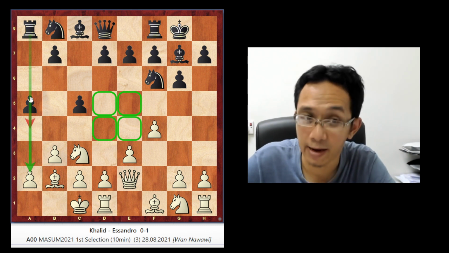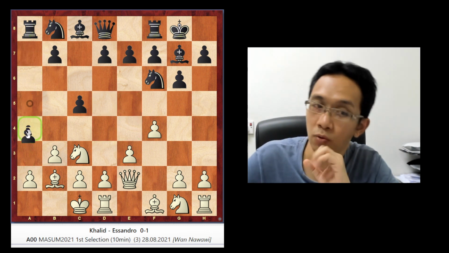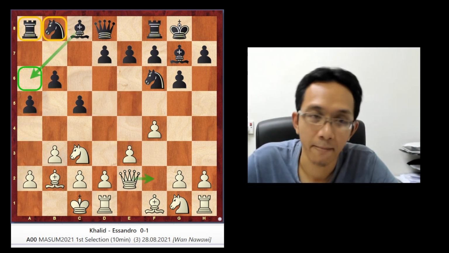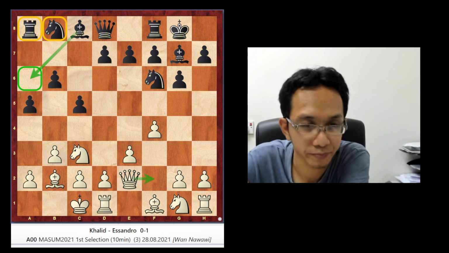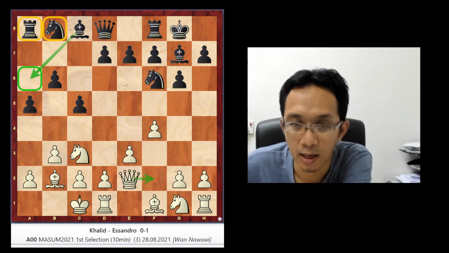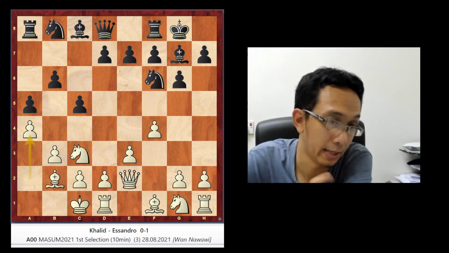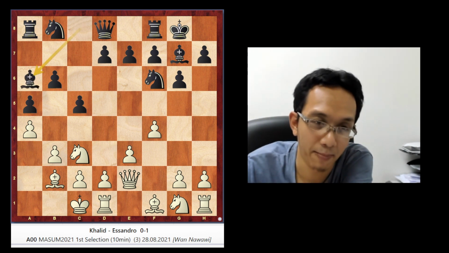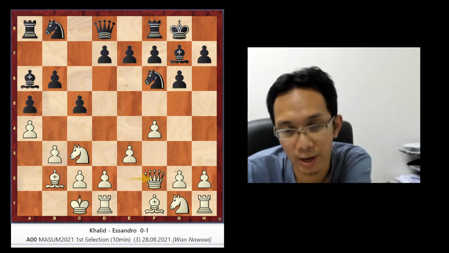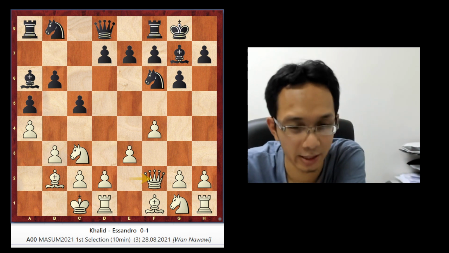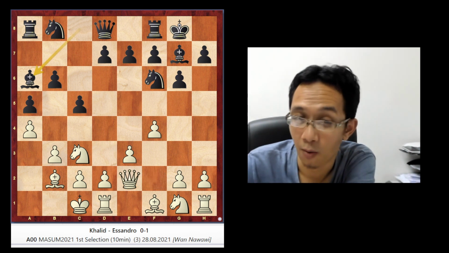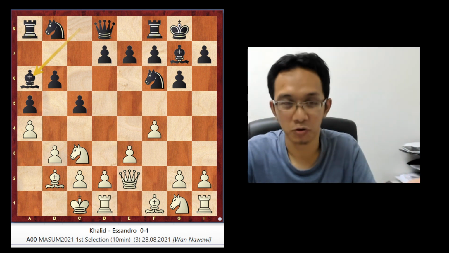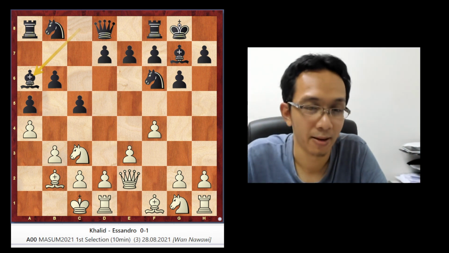If you play A5, normally the idea is to push and go through. But yeah, black plays this B6, and then white plays this A4. So it's good to prevent this breakthrough. And then black plays this, but white just moves away. It's not like you get it for free. It's not like when you do this, white will put the queen there and you can win by a blunder and so on.